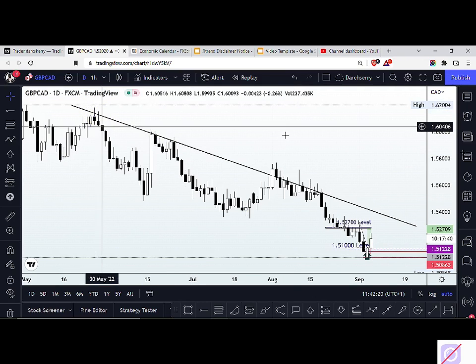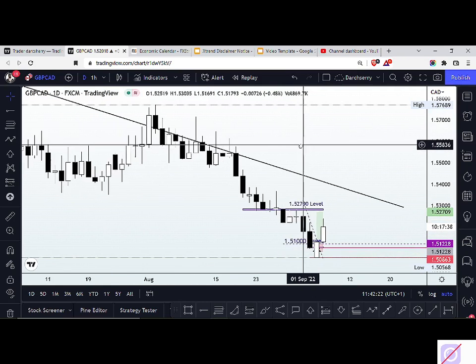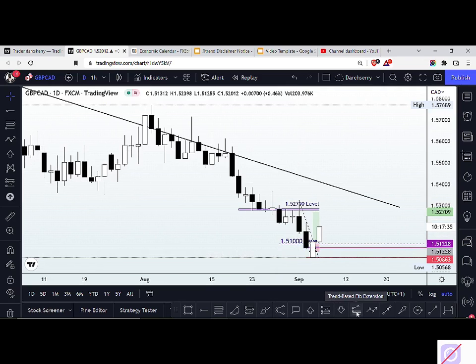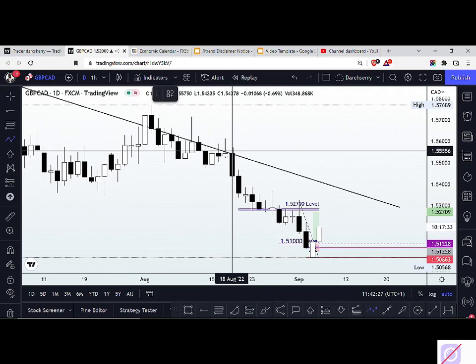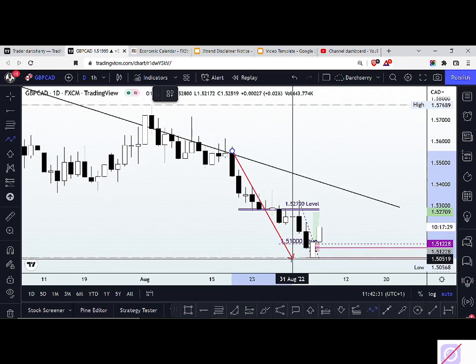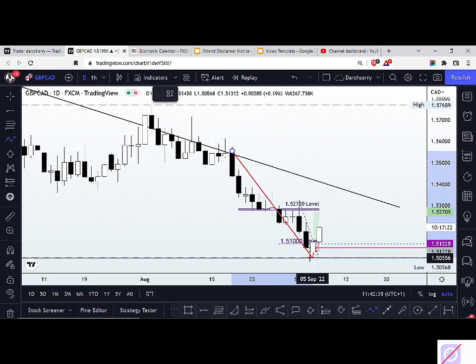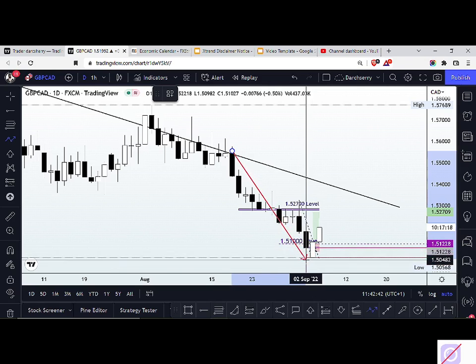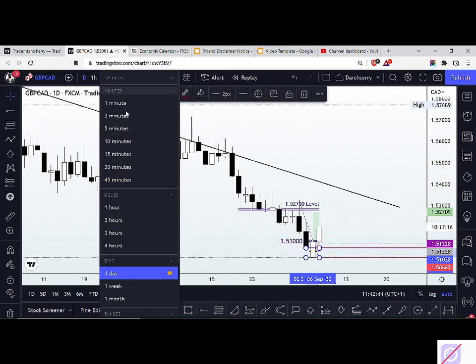Now, something interesting happened here. We saw the last time price respected that bearish trend line was somewhere in the month of August, where we saw this huge expansion that took price right into the 1.50500 level during the course of last week's trading session. And one thing I observed here